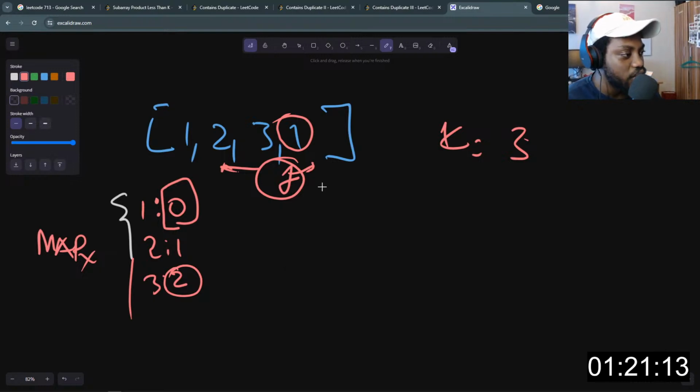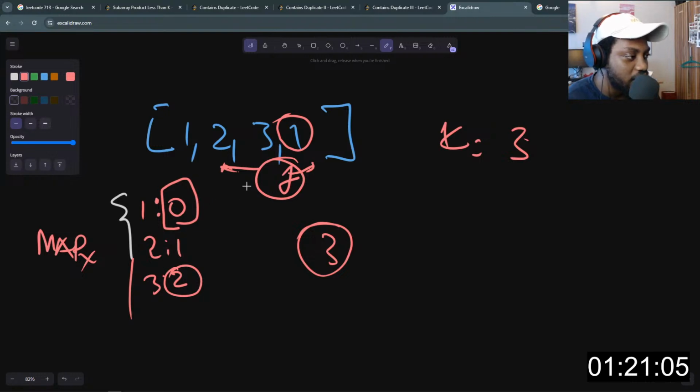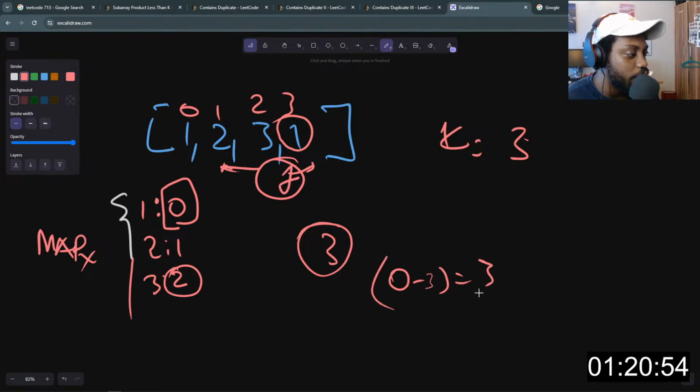This will be at index 3, and then we'll find the absolute value of this. This is index 0, 1, 2, and 3. So this will be 0 minus 3, or 3 minus 0. The absolute value of this will be positive, which is 3.